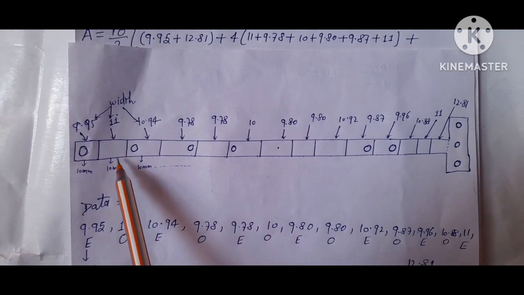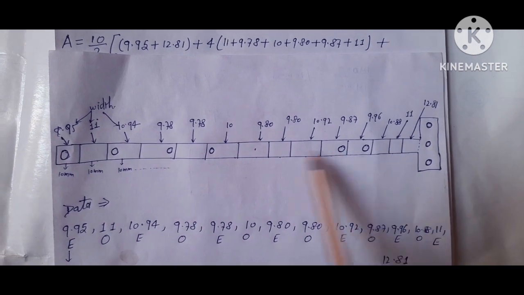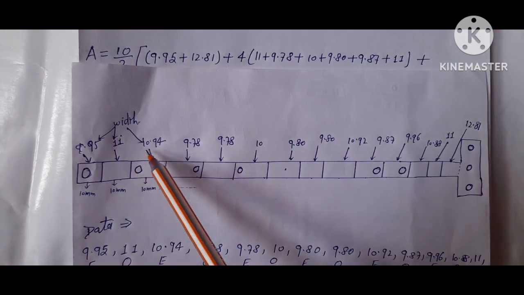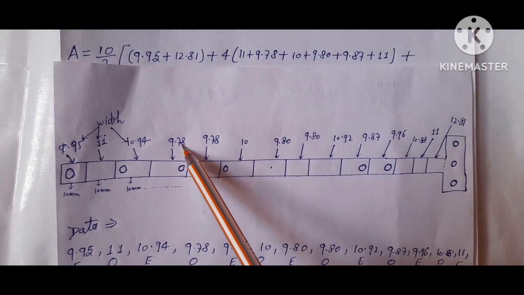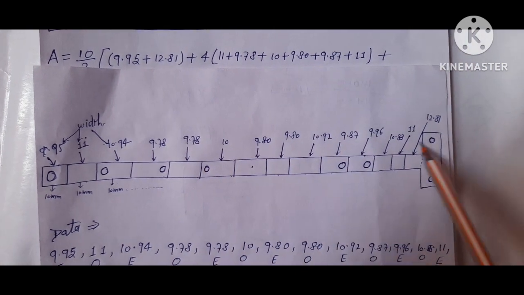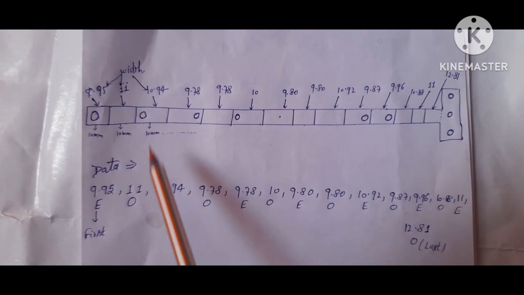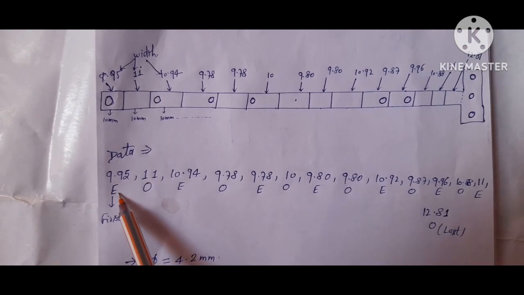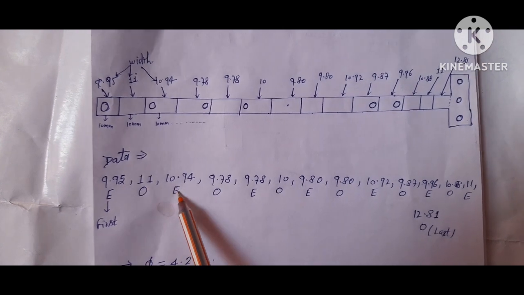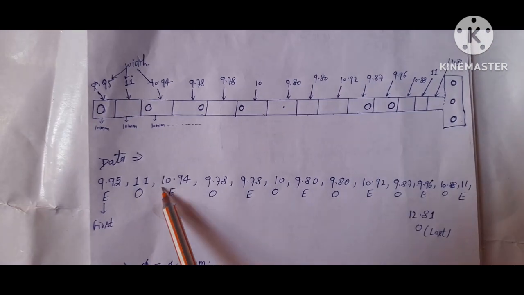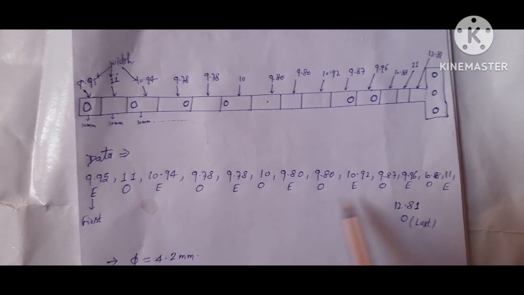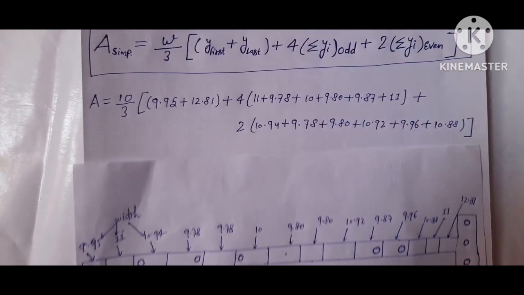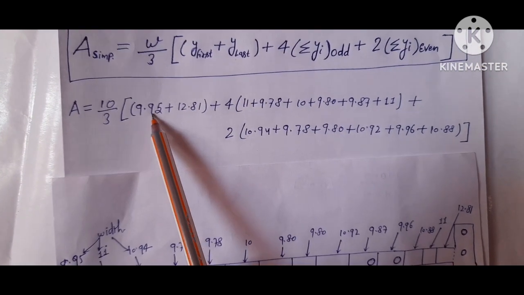After calculating the widths of this plate link, the values given here are 9.95, 11, 10.94, 9.78, 9.78, 10. All terms are given here and these values are put here. So start with even, odd, even, odd: E O E O E O. So this is the first term and this is the last term, so you add first plus last. Here 9.95 plus